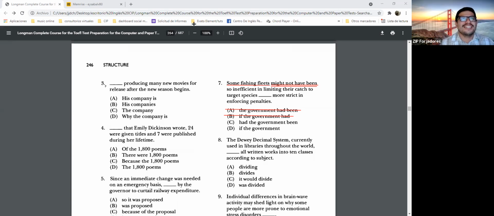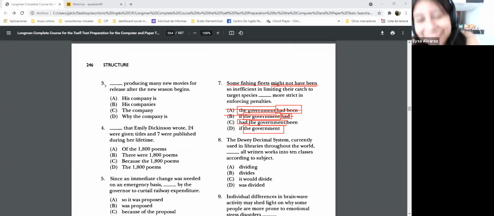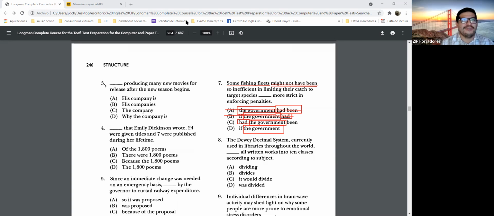But in the answers you have a subject, another subject and another verb, another subject, another verb, and subject. So that means that you have to have two clauses, right? Yes, but we don't have connectors. So we are going to eliminate letter A, because I don't have a connector and it's not inverted, right? So it's not possible to have it.